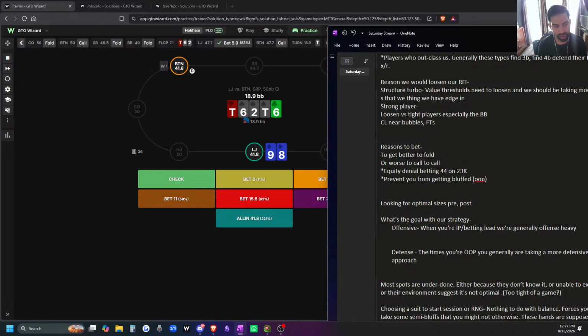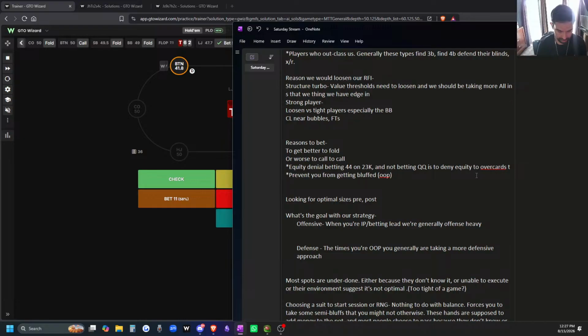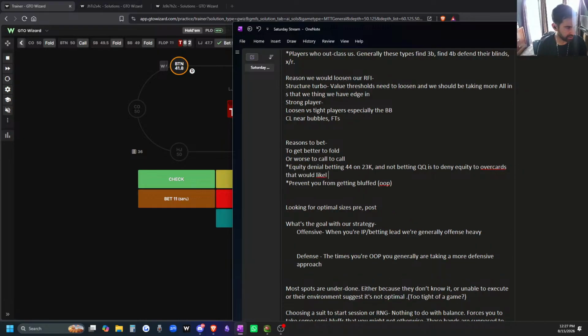The reason you want to bet fours and you don't have to bet pocket queens, betting fours on deuce 3 king and not betting queen queen, is to deny equity to overcards that